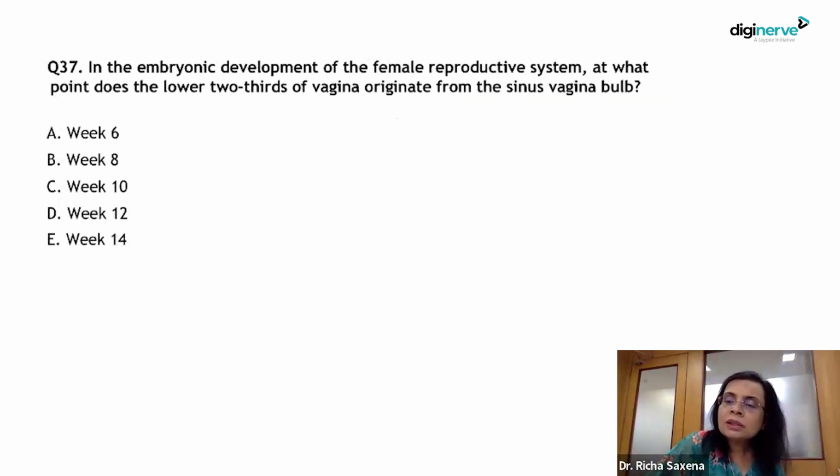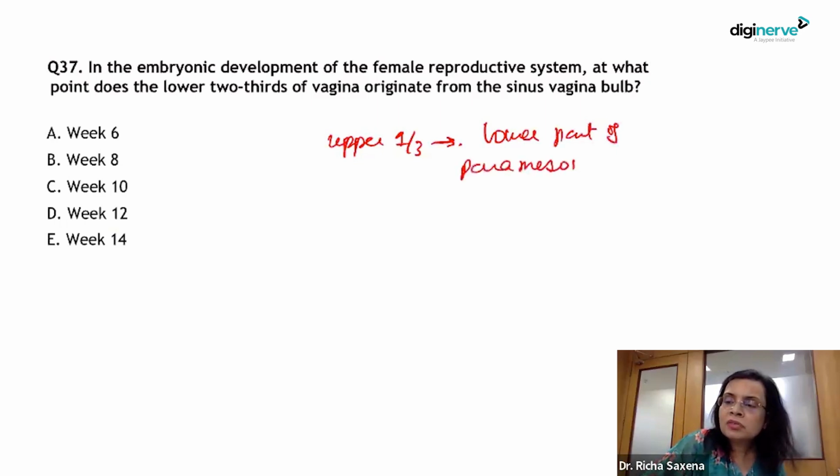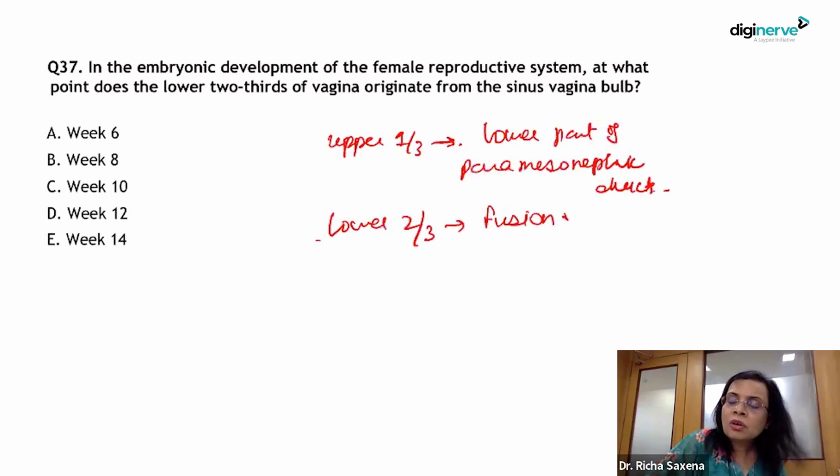So the upper one-third of the vagina develops from the lower part of the paramesonephric ducts. And the lower two-third develops from the fusion of